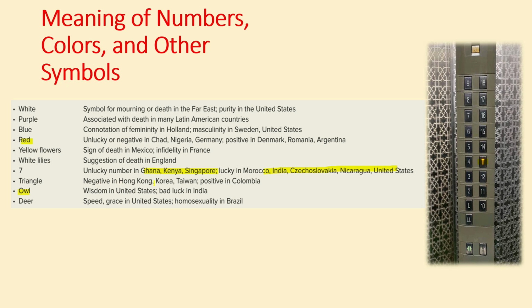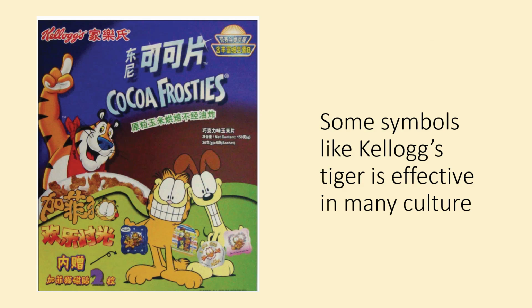in the context of how they are designing the advertisements and market communications. Are they associating their product with some kind of color that is unacceptable in some culture? That can be very important, or it can be a bridge between failure and success. On the other hand, there are some symbols like the Kellogg's tiger that are effectively used in multiple cultures around the world, and it is equally acceptable in many cultures.